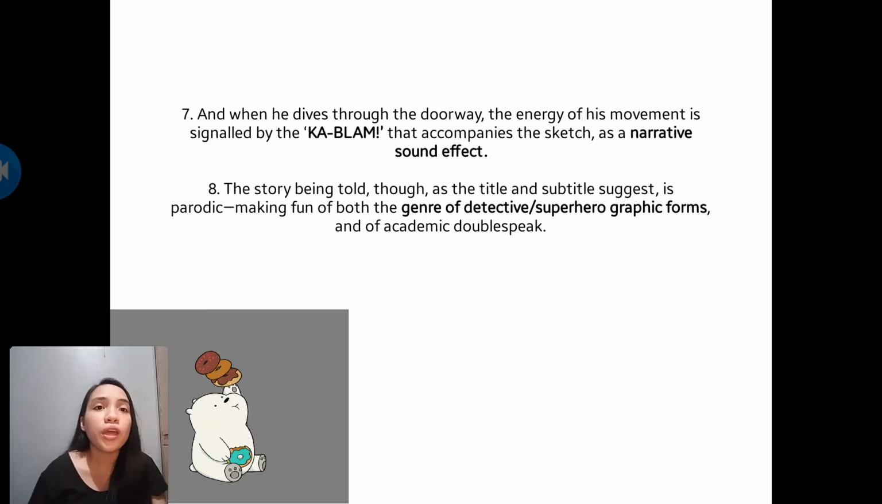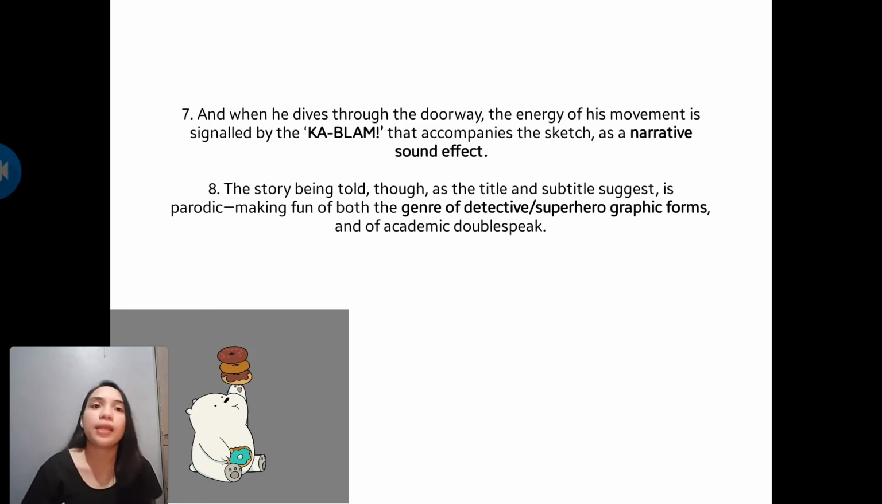So next, when he dives through the doorway, the energy of his movement is signaled by the kablam that accompanies the catch as a narrative sound effect. So from the word kablam, it describes the sound effect in the story. Even though we cannot hear it or show the movement of it, it can give us insight that there was a kablam sound effect, which means that the character already caught the criminal or